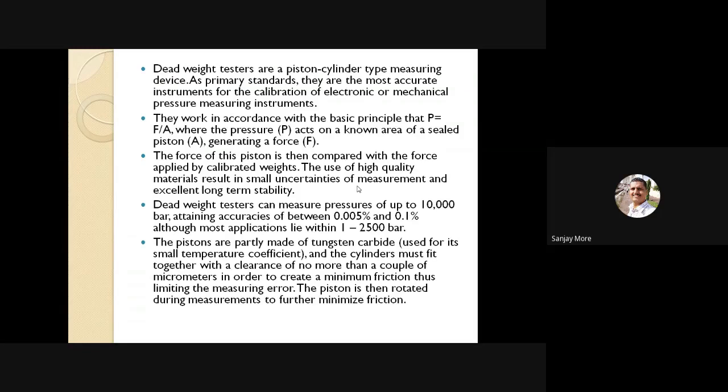We'll stop and explain. The force of this piston is then compared with the force applied by calibrated weights. The use of high quality materials